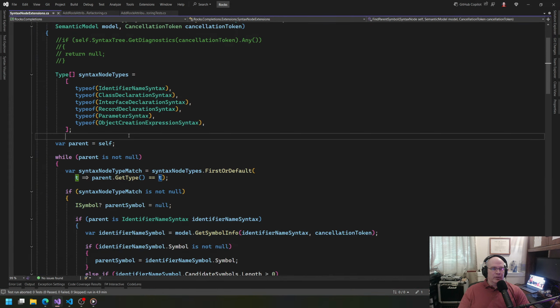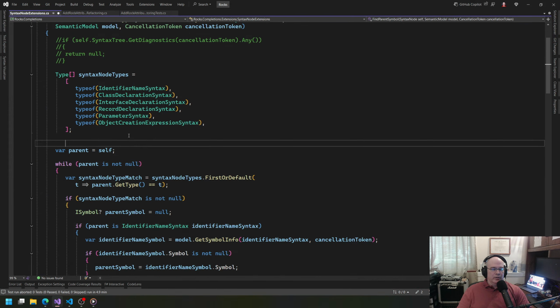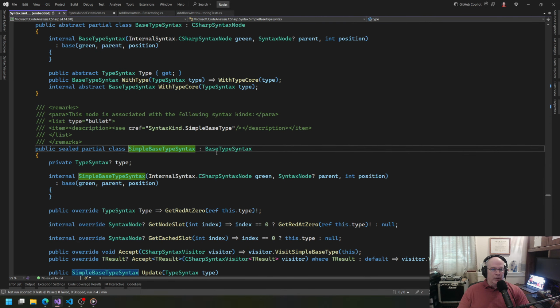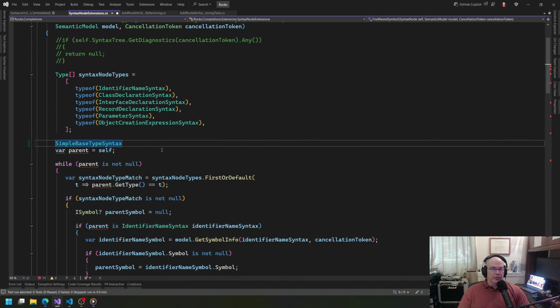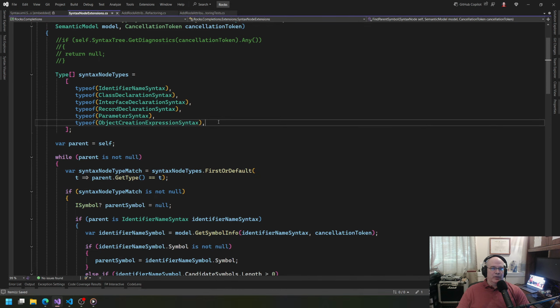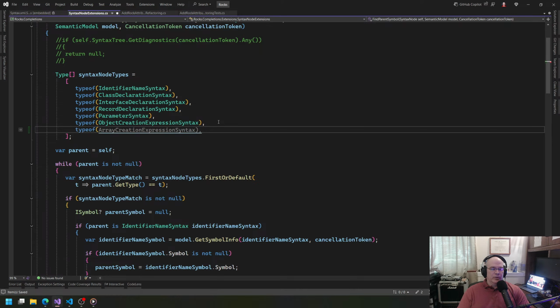Simple base type syntax, and then F12 on that. It's a base type syntax. So that's why it's not showing up here, because that node is actually not a declaration, which now that I look at this, yeah, that makes total sense. If I said typeof base type syntax, okay,